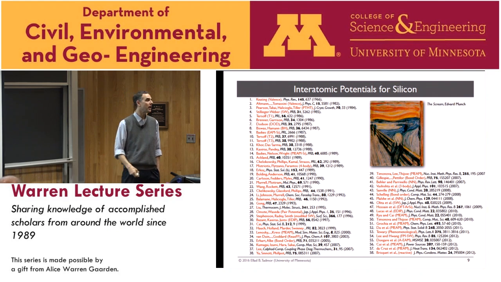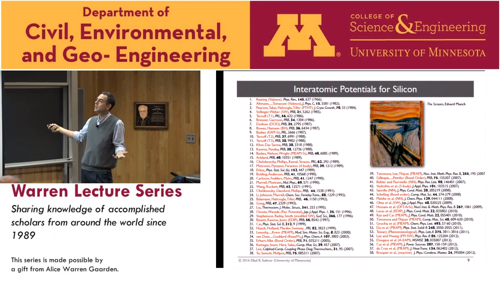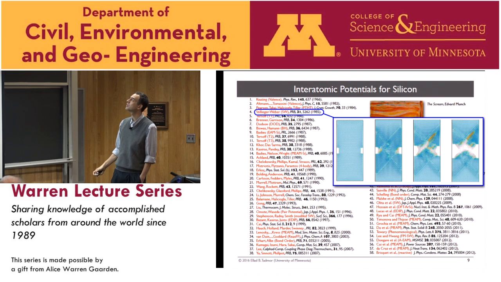Each of these involves a lot of work. It's probably 2 or 3 years of work to develop one of these potentials, to define the form, try to fit it, see that it doesn't work, go back, change your form, choose your training set. It's a complicated, involved process. Now, each of these gives different predictions for silicon. They're all models of silicon, but they're all approximate to some level or other. And if you choose a particular one, like this one, Stillinger-Weber, it actually shows that silicon is a ductile material.